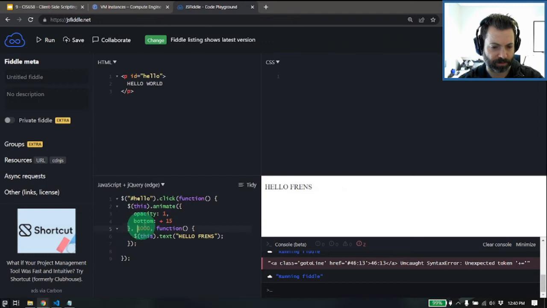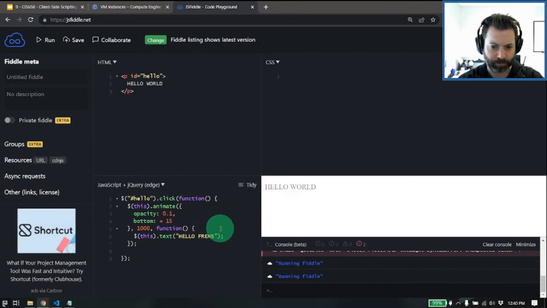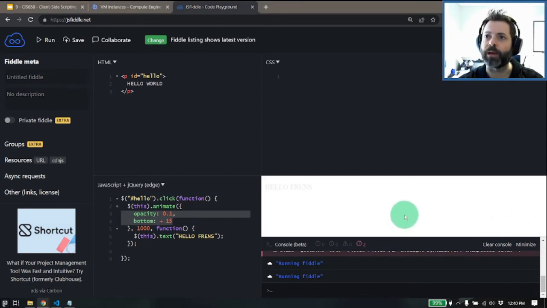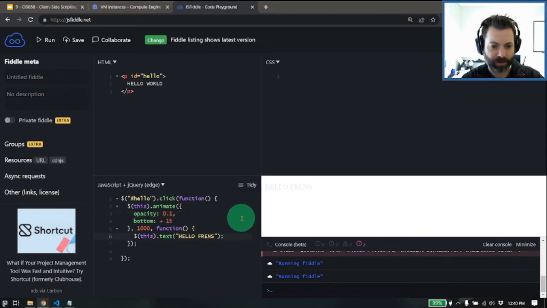Okay, so that clicked. Opacity 0.1? Okay. So it doesn't like this bottom plus equals 15. I'll have to look that up and see what's going on. I would have expected that to work just fine. I could also hide it, and then let's say